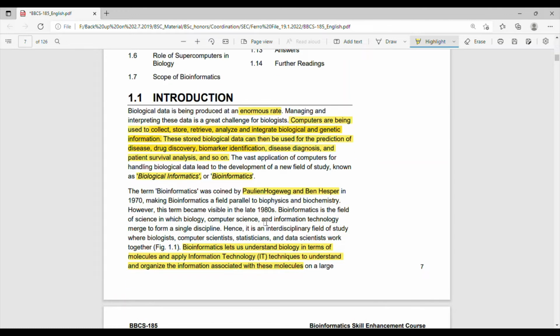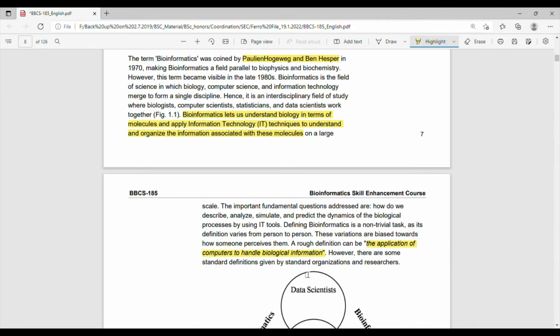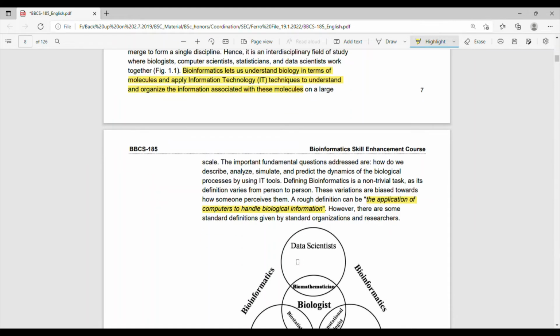See, for bioinformatics there are so many definitions you can coin, but the well-known one is that bioinformatics helps you to understand biology in terms of molecules and apply information technology, IT techniques, to understand and organize the information associated with these molecules. And if you go further in this chapter, you will be knowing about the